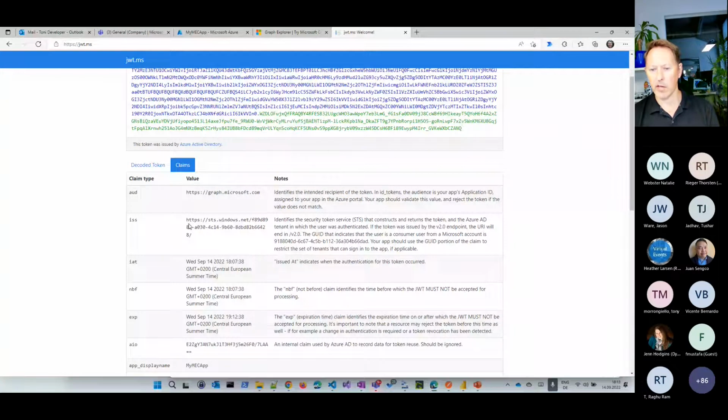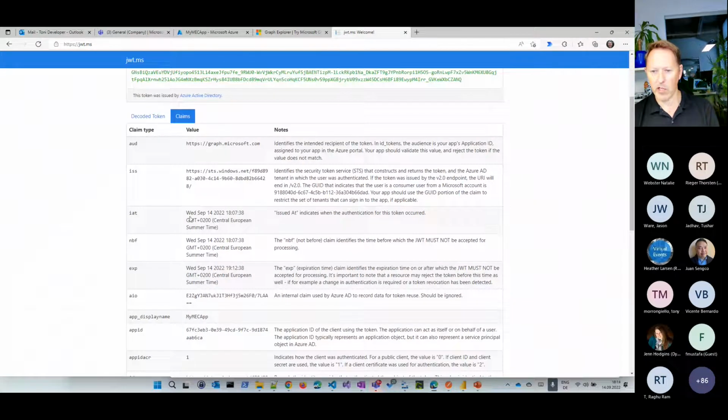And there's some more information here, like if I click on the claims here, I get also the decoded part here that says, well, that token was issued right now at this time. So that's my time here in Central Europe, that's 6:07. And how long is the token valid, the expiration here? And you can see it's valid for 1 hour. If the token expires, I could use the refresh token to get the new token to do something in that tenant. So that's the basic idea of the modern authentication, how we can use this for our own purposes to say we want to do something with that here.